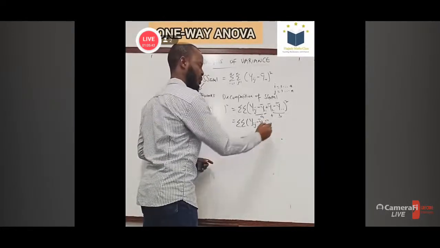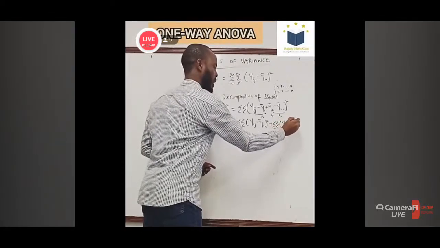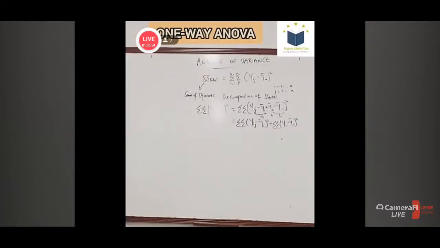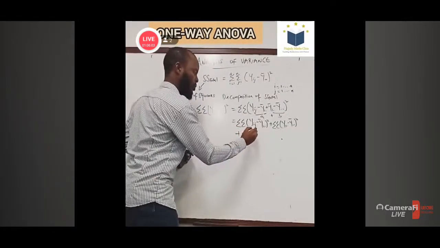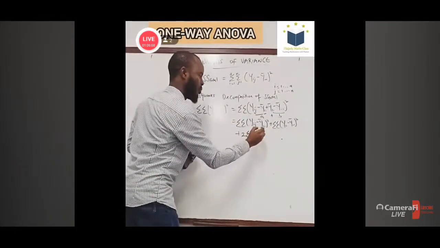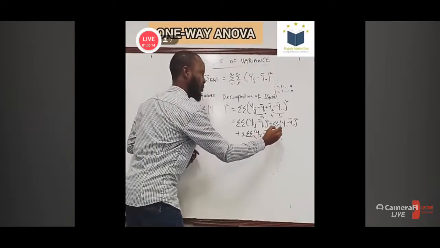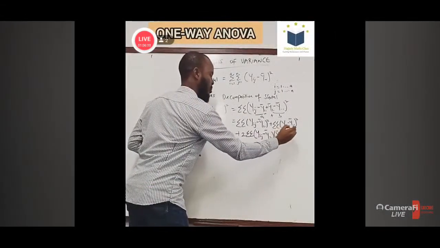plus double sum of yi dot bar minus y dot dot bar, squared, plus 2 double sum, which is the ab term. Now we have Yij minus yi dot bar, times yi dot bar minus y dot dot bar. This is